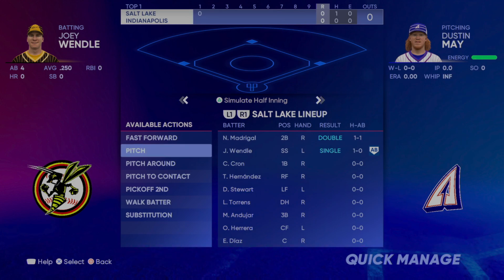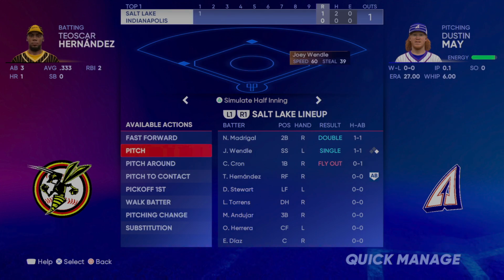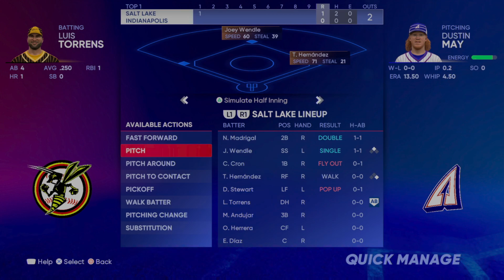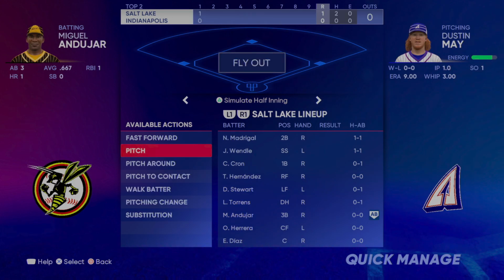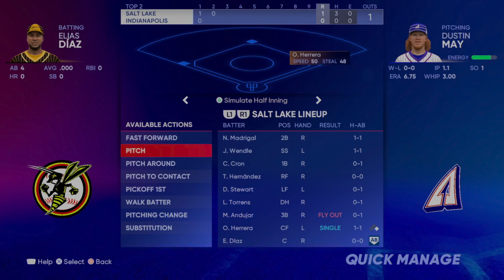Didn't get a hit in Game 1, and he's going to get a base hit here. That's his first of the postseason. It's an RBI single, and immediately jumping on Dustin May here. There's a walk. 2 men are on now. That's a pop out. Luis Torrens strikes out, so they don't get any more. But Salt Lake is on the scoreboard first, just like they were last night, in Game